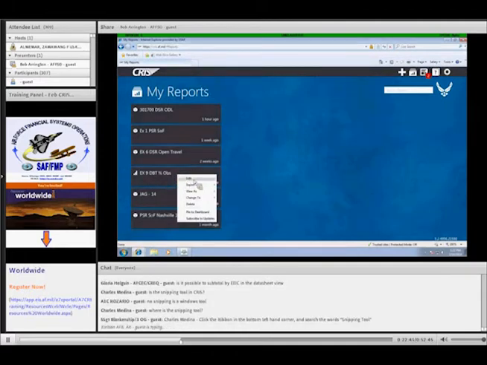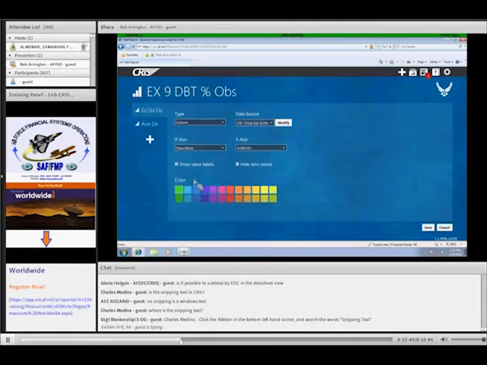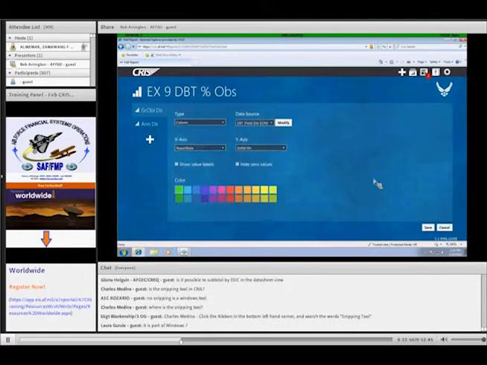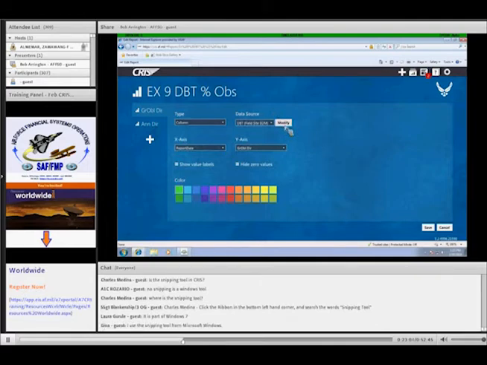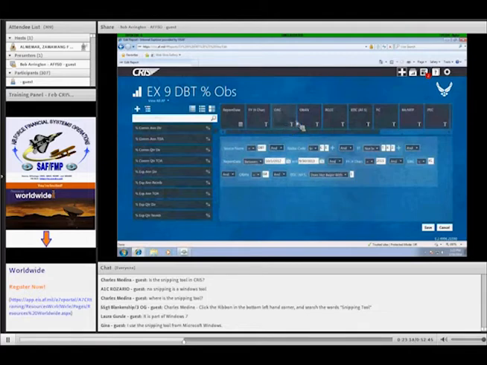select the edit function. Now when you're editing a graph, it brings you to this funny-looking screen. We'll come back to this in a minute, but what I want to do is actually get to where the data lives. So whenever that happens, you have this Modify button. It's right up there next to the data source window. I'm pointing to it with my cursor. If you left-click that Modify button, then it takes you to your normal CRIS report screen, and this is where you would build your report.